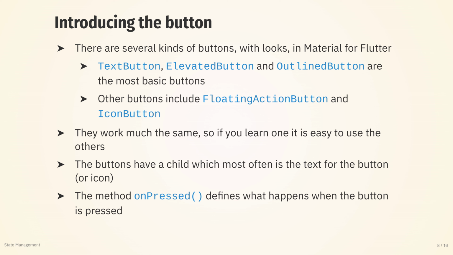But we still have floating action buttons and icon buttons and so on. They work mainly the same. They have a method called onPressed, which will need to make a call to something that then changes the state, the method that we saw previously, for example. But it also has a text or an icon or something like that. But with that, we are going to rush forward into an example,